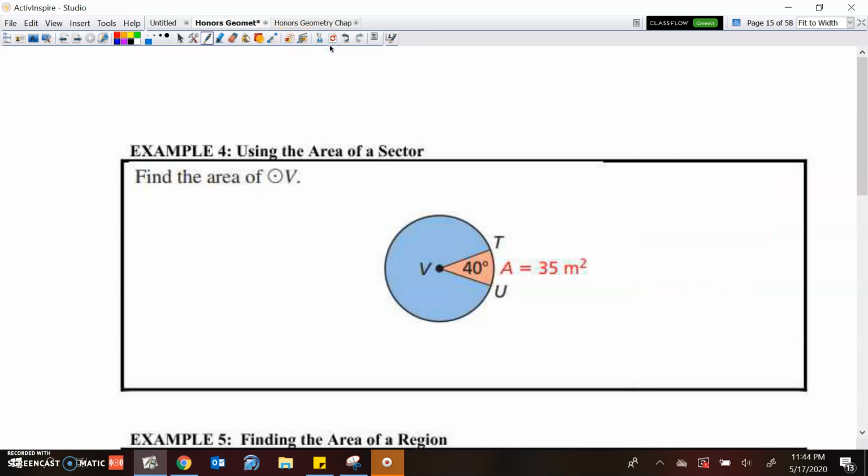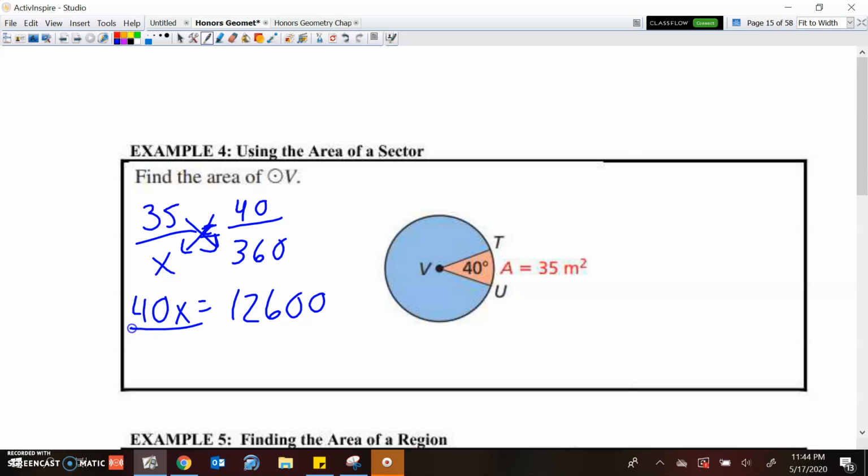Now let's go this way. Here they want us to find the area of the circle. They're giving us the area of the sector. So I'm going to say 35 over x equals 40 over 360. My equals look like 2's. Multiply, 40x equals 35 times 360 is